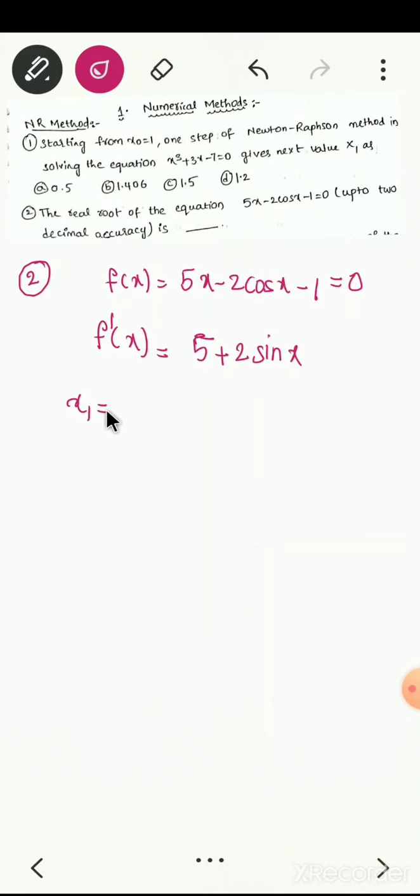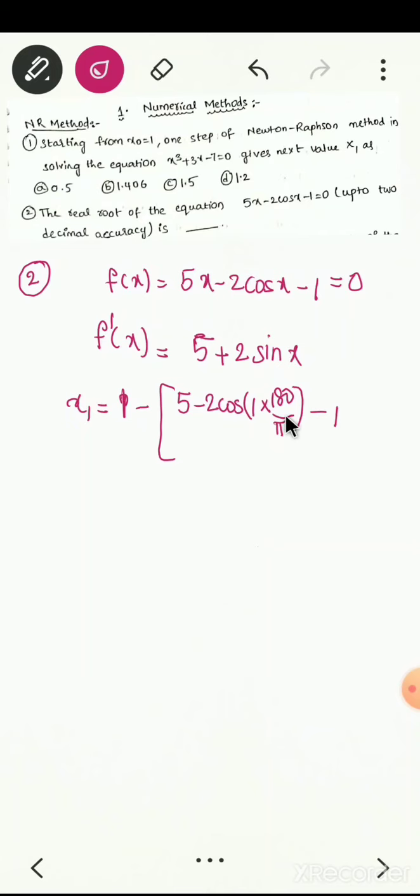Then x1 is equal to, and they have not said how many iterations we have to go for. If they are not specifying iterations, you should do a minimum of 2 to 3 iterations in order to get a perfect answer. So let us do 2 iterations. x1 is equal to x0, which is 1, minus 5 minus 2 cos 1 into 180 by pi. Why? Because we are substituting a radians value. Whenever we have a trigonometric function and we are substituting a radians value, that should be multiplied by 180 by pi. Remember, this is helpful for us in coming problems also. Do remember, this is a very important concept.